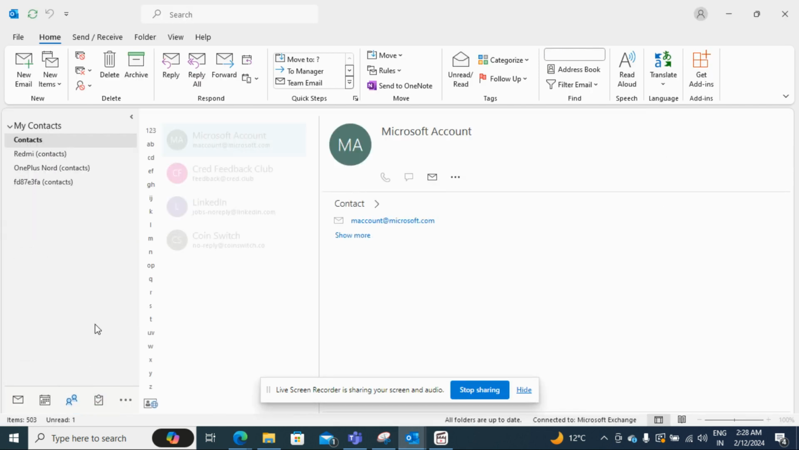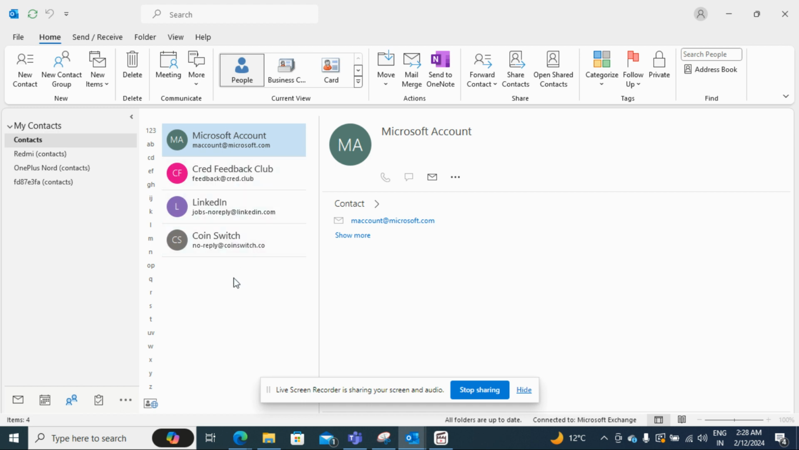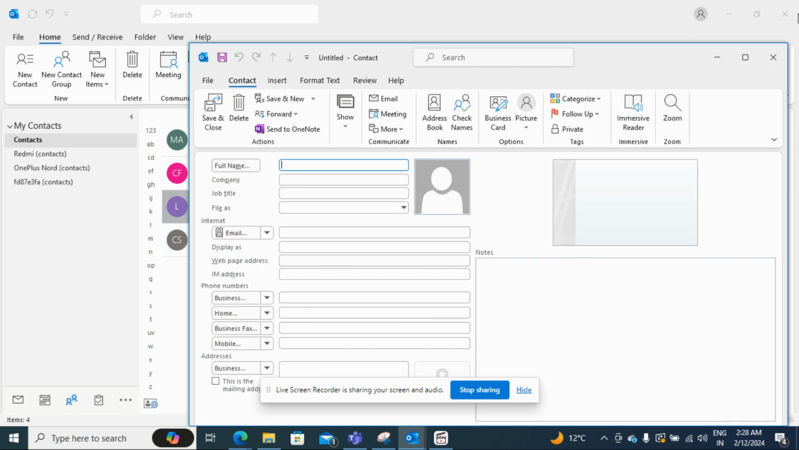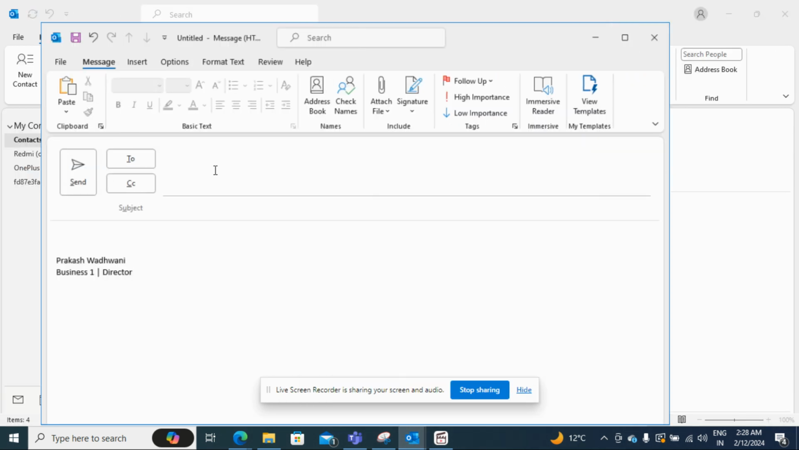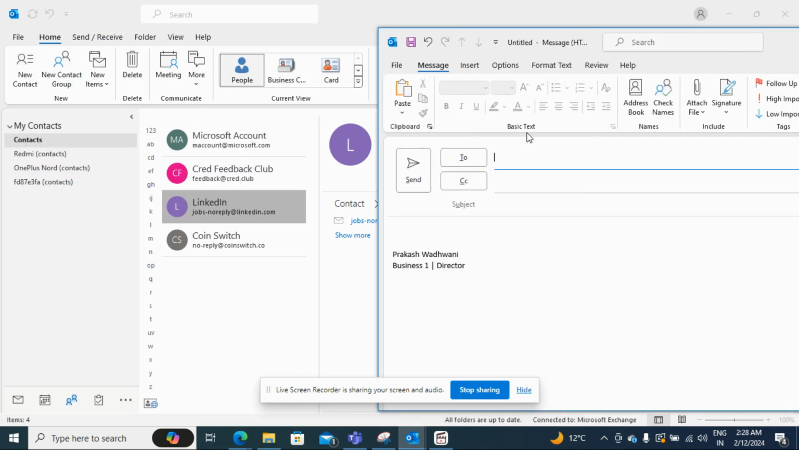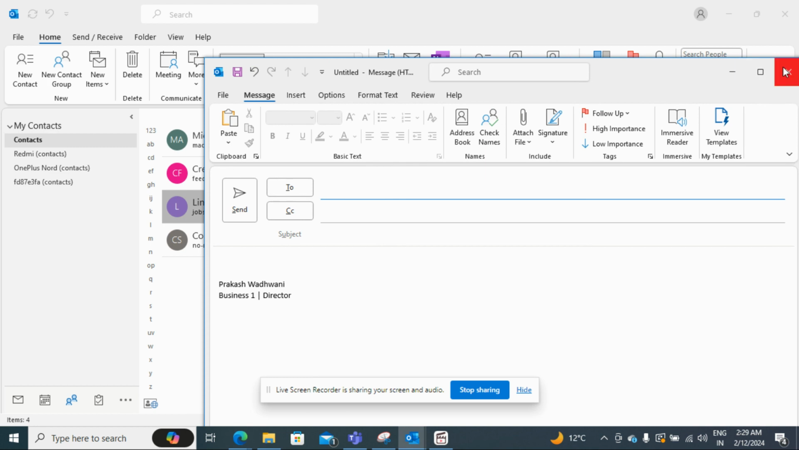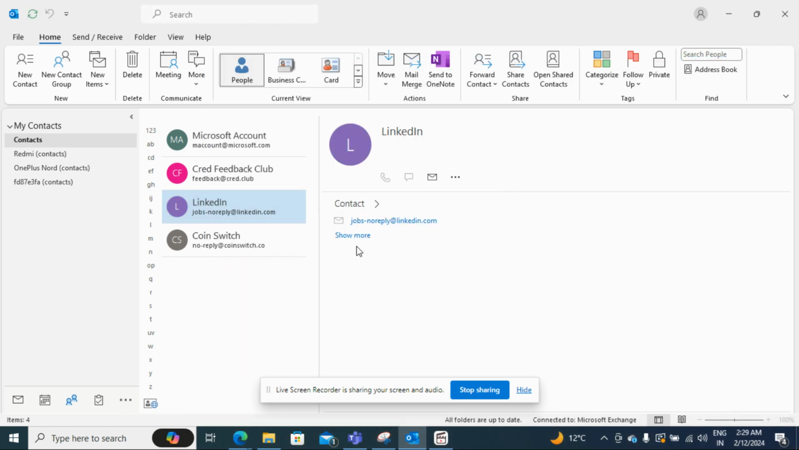But if I go into my contacts, I see the contacts are already there. I see the LinkedIn is there, Microsoft account is also there, Cred and CoinSwitch is also there. But when I type the email, automatically it should pop up, right? So it should pop up Microsoft if I type, but it is not. So how are we gonna fix it? Let's check this. So first,